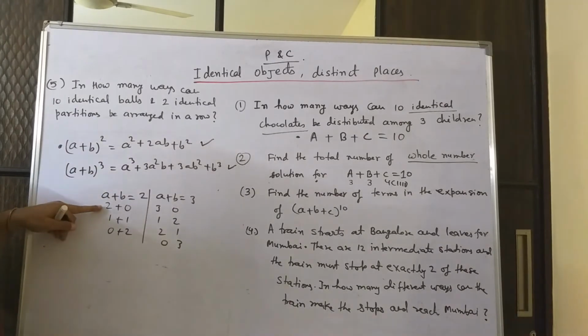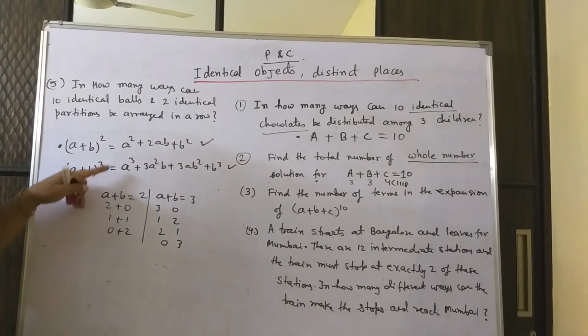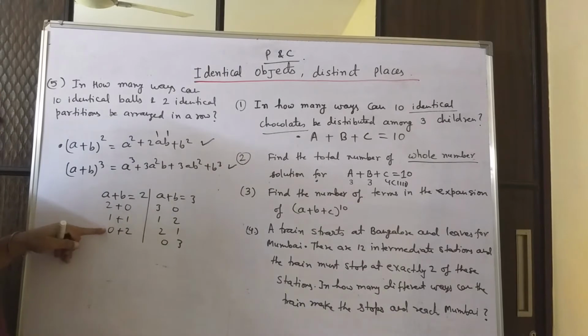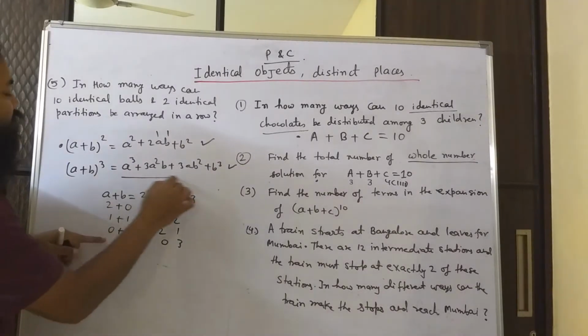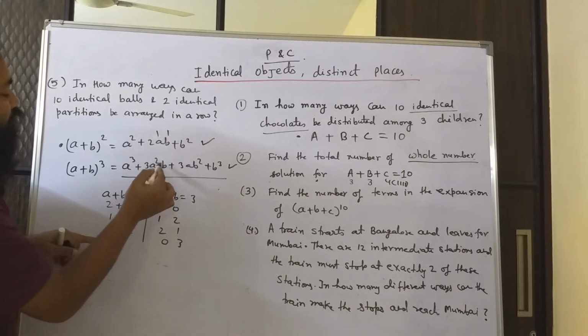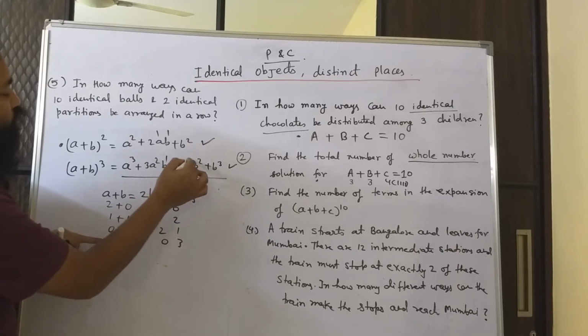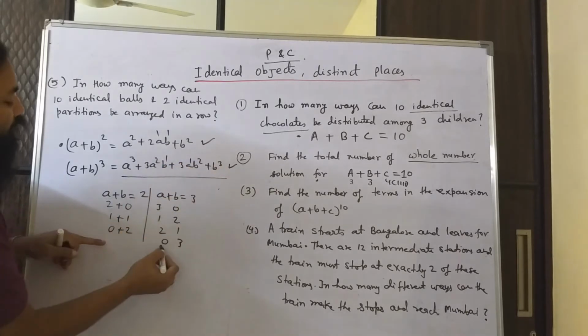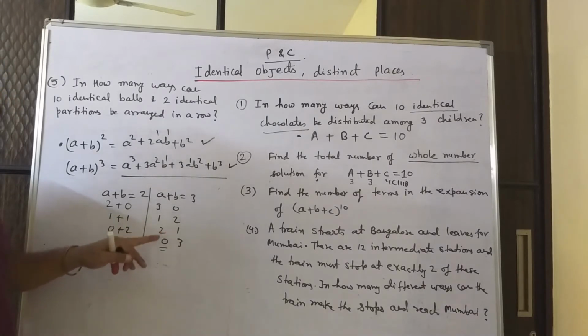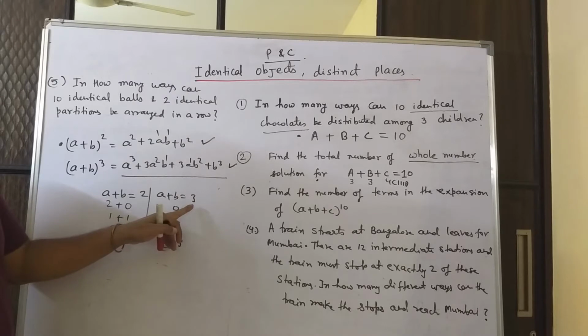So these are the powers of A and B respectively. In the first term, power of A is 2 and B is not there, so power of B is 0. In the second term, A and B both have power 1, and in the third term, B power is 2 and A power is 0. Similarly in this case also, A power 3, B power 0, A square, B power 1, A raised to 1, B square, and B raised to power 3 and A to the power 0. So essentially what we are doing is, in how many ways you can write 3 as a sum of 2 numbers, 2 whole numbers actually.